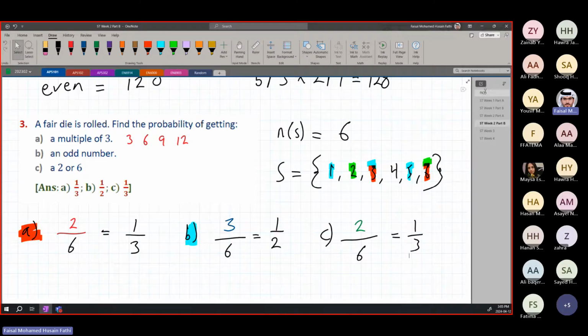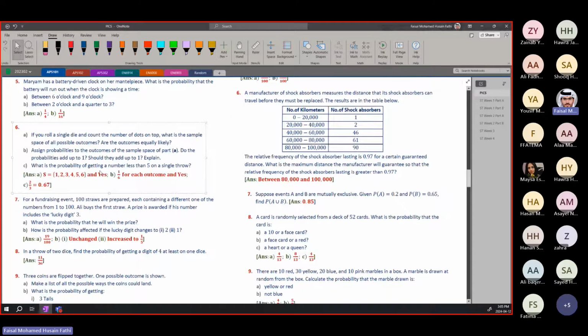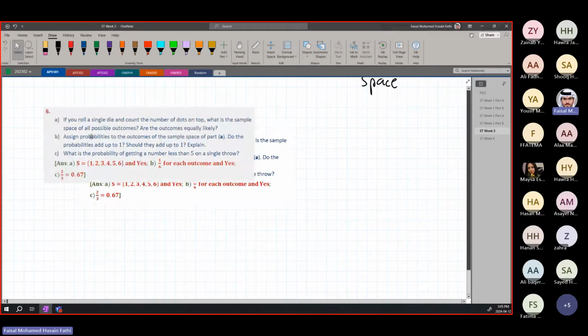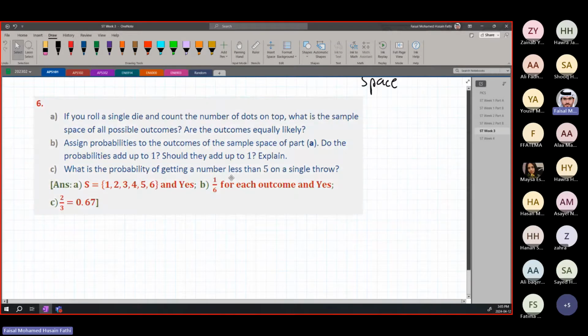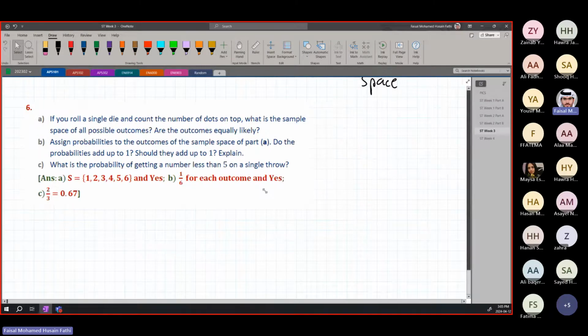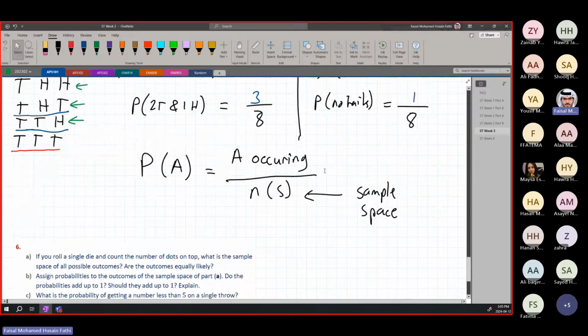Now, let's go to a bit more of a, it's not complicated, but it's more of an explanatory question, so it can explain the concept a bit more. Now, if you roll a single die, okay, again, the same sample space, a dice has the exact same sample space, which is,